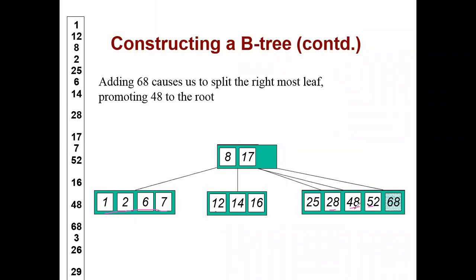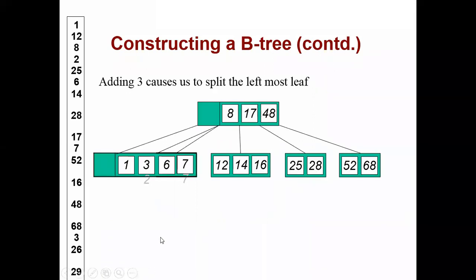So now what is the next rule? What do we have to do? What will happen to 48? It will split. 48 goes to the root node. 48 will be stored here in the root node, and it is divided into two parts. Who becomes smaller than this 48 again? 25 28. And who becomes greater than it? 58 52 68. It means we are going to split that leaf node. Clear to all these points? I hope everyone is clear on this part properly.